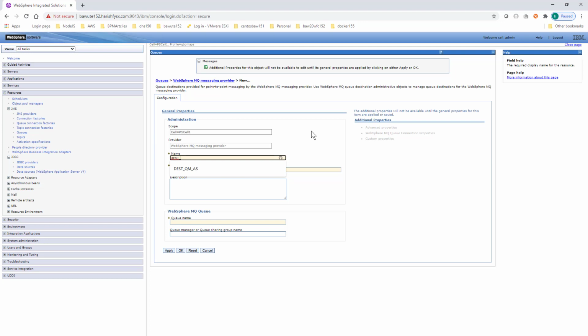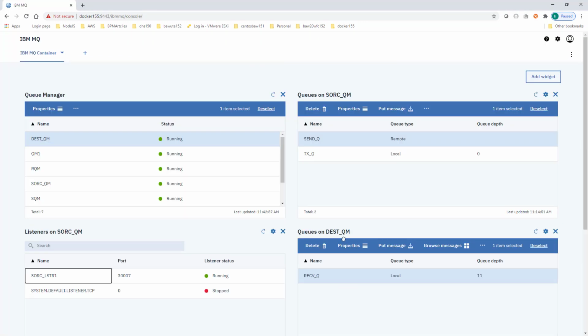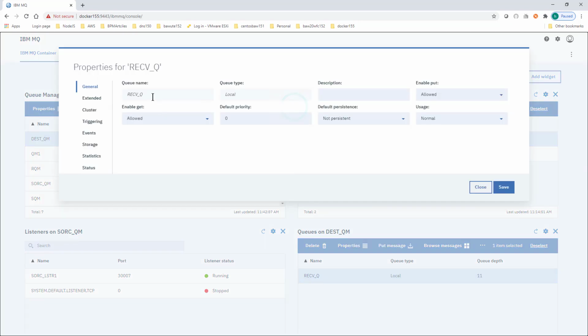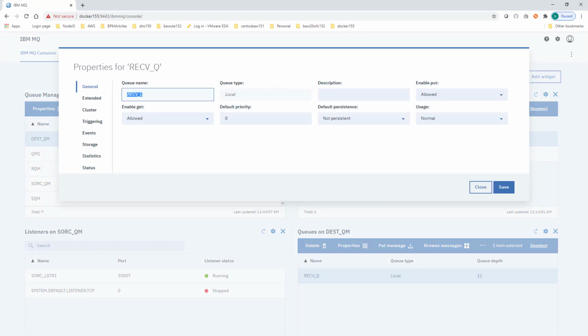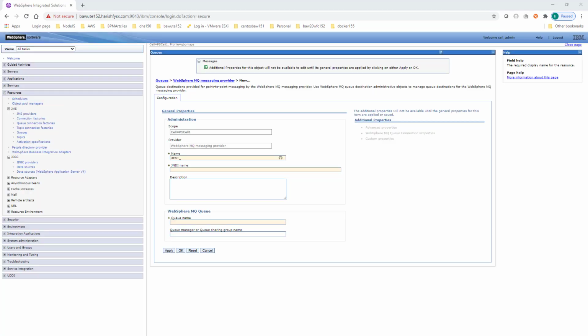The dest queue manager will have the receive queue. So I just want to copy it, receive queue, JMS test receive queue,